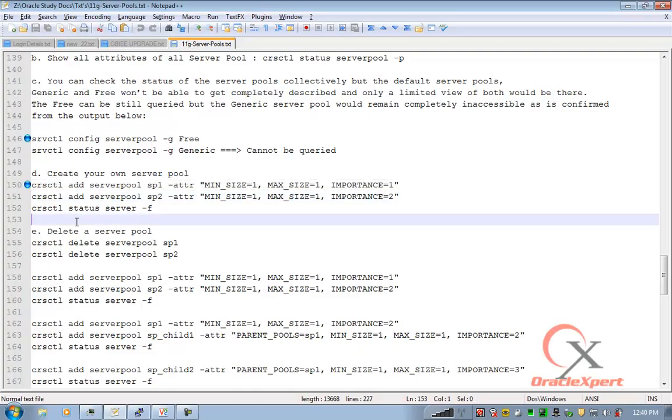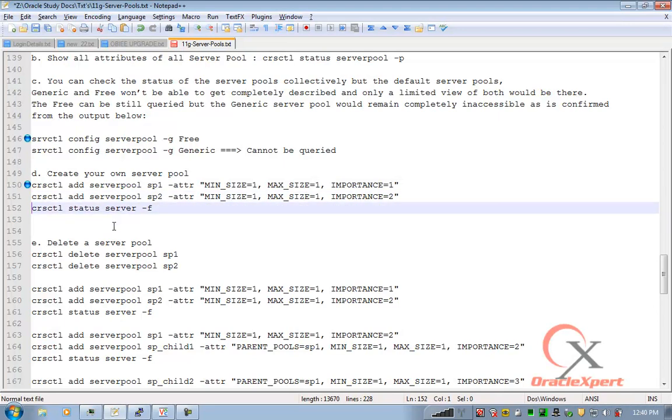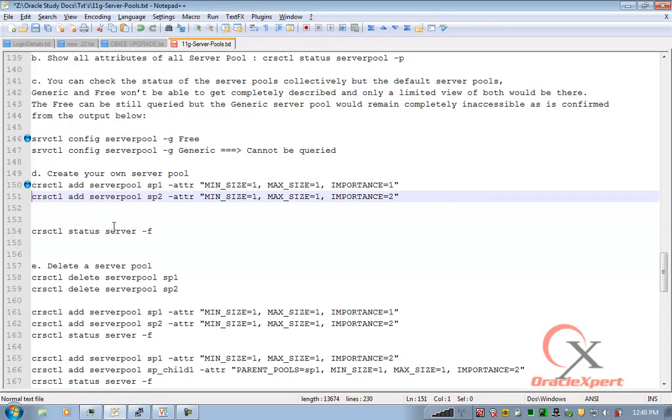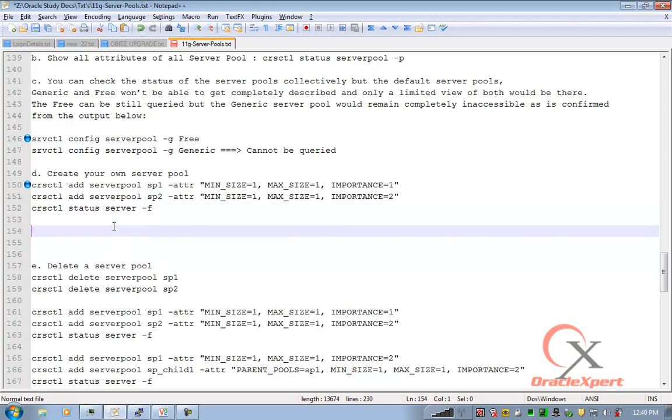I'm going to add a server pool this time using this option, followed by the server list if you want to mention.